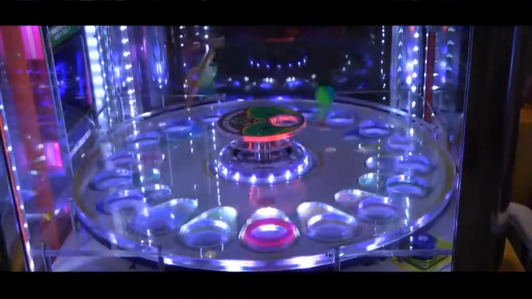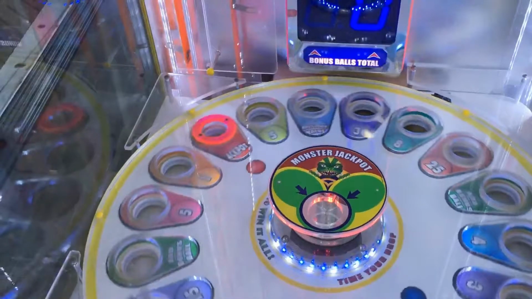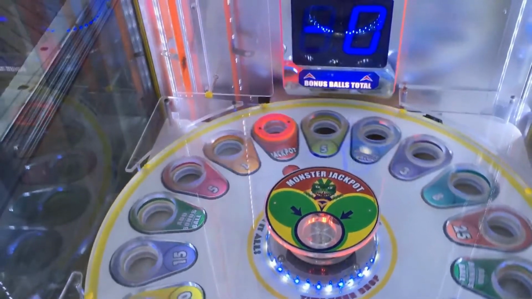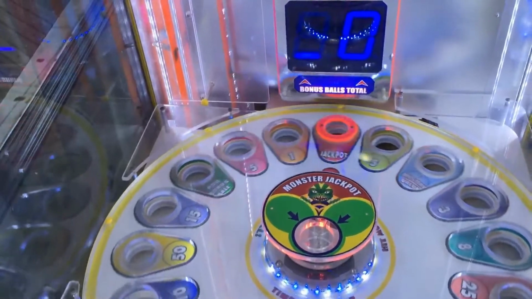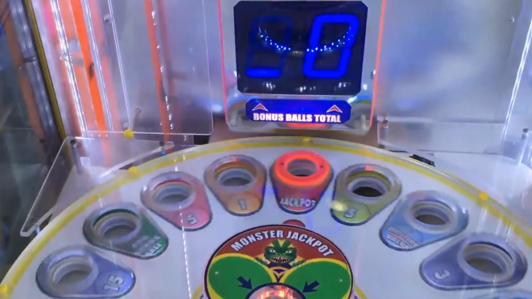Getting the normal jackpot on Monster Drop is much more realistic, especially with another timing hack that helps you drop the ball right into the jackpot slot. This trick can be found in the guide below, along with other tips to give you the best shot to